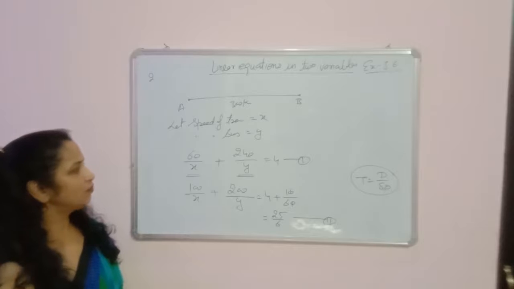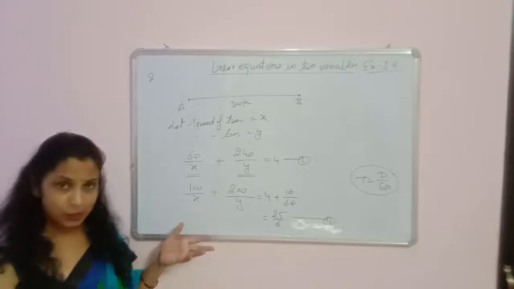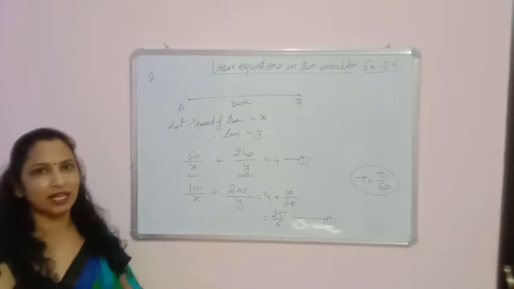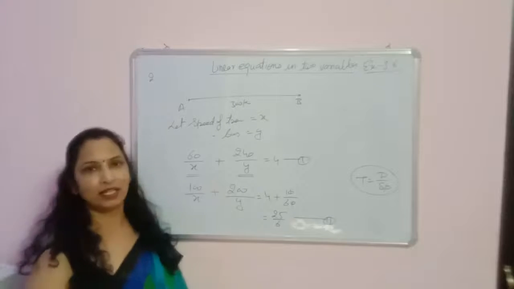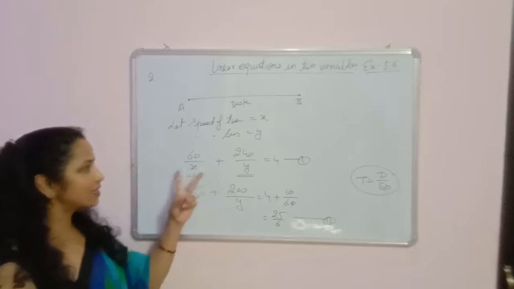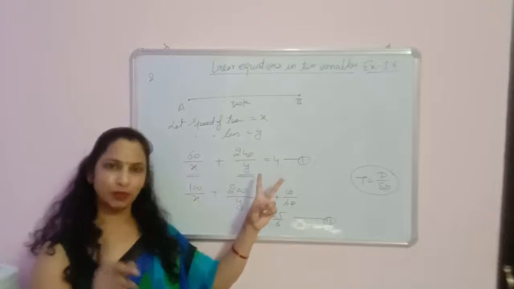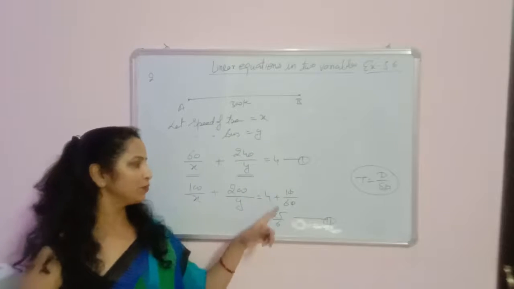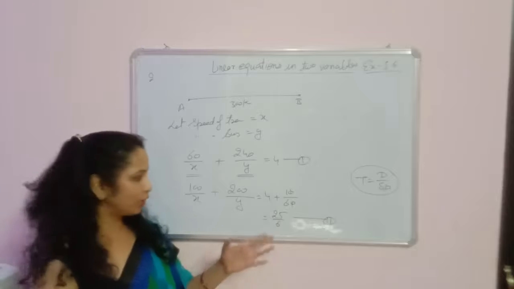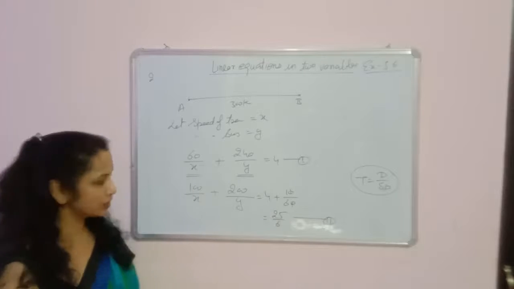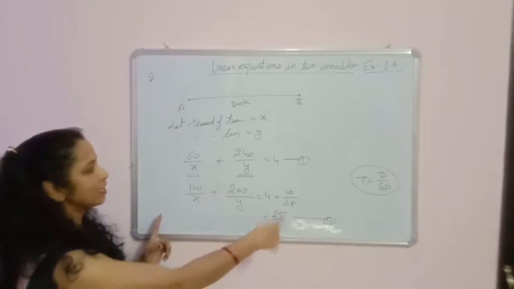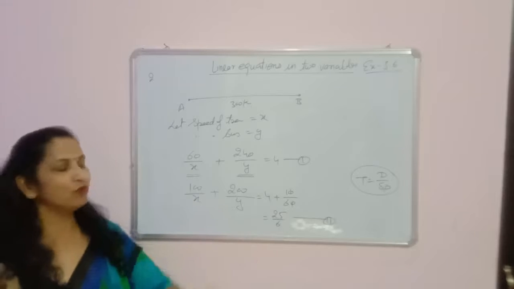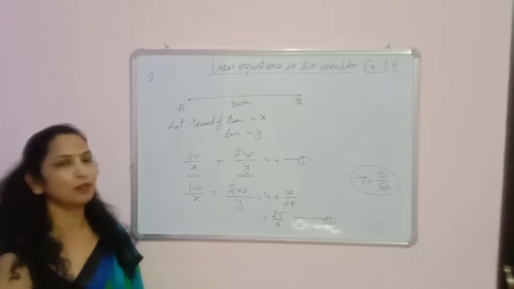So we can solve it by using the reducible method, in which 1 upon x we take like a and 1 upon y is b. So we will say 60a plus 240b is equal to 4, equation third, and 100a plus 200b is equal to 25/6, or we can remove 6 by multiplying on both the sides. So this is all about the exercise